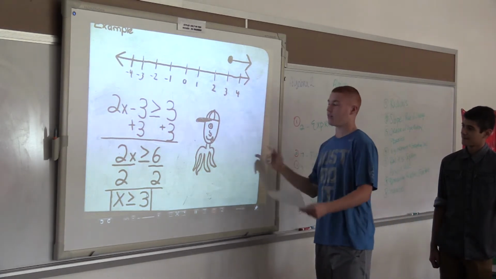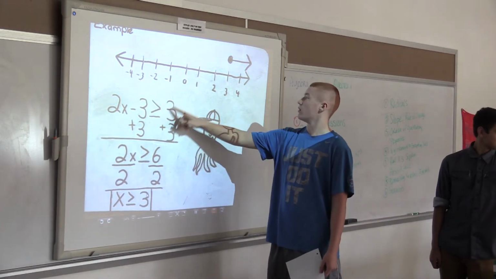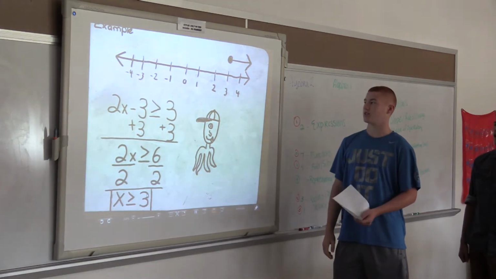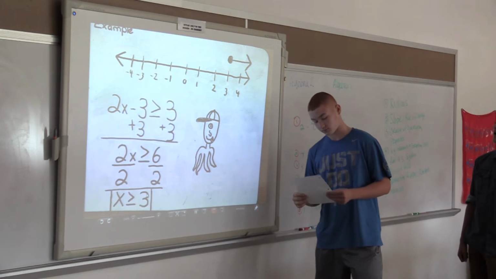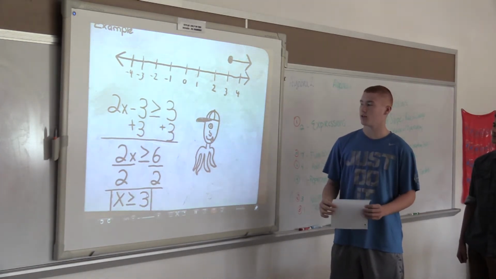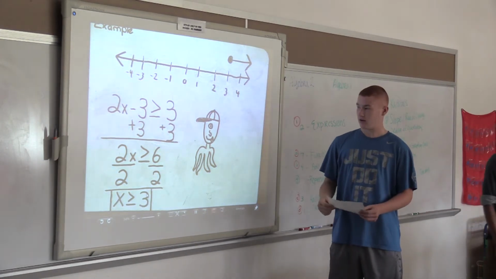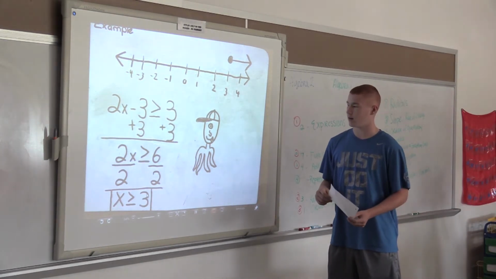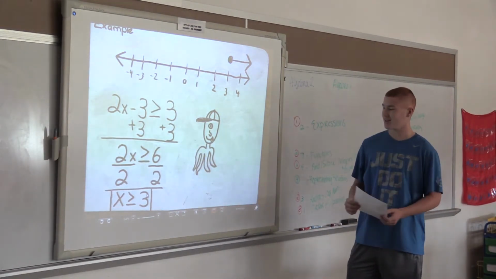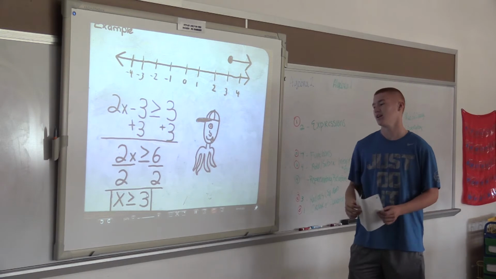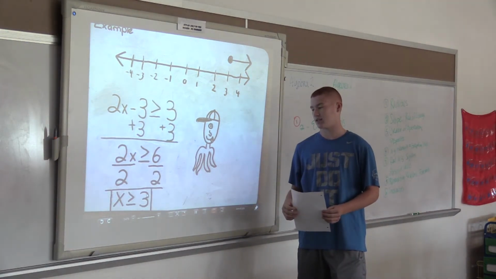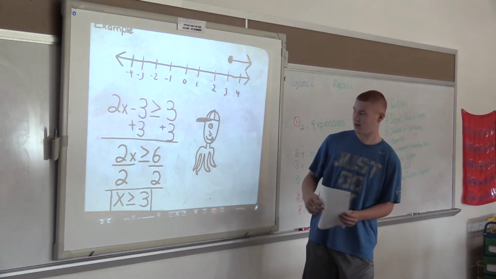If you have a greater than or equal to or less than or equal to sign, when you graph it, you must use a closed dot. If you have a less than or greater than sign, you have to have an open dot. An example of this would be 2x minus 3 is greater than or equal to 3. First, you would add 3 to both sides to get rid of the 3 on the left side. Then, you get 2x is greater than or equal to 6. You'd have to divide by 2 on both sides and get x is greater than or equal to 3